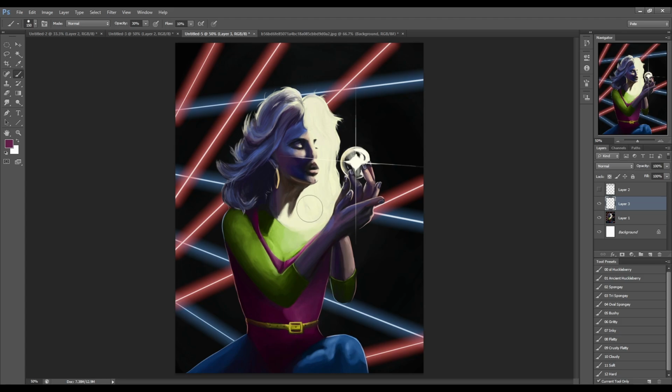And in this case, it's being exaggerated even more because we have this really bright blue fill light, and we're getting it across the face here. But then because we're not getting that same shift in the shadows, it's difficult to differentiate what's being hit by a light and what's in shadow.